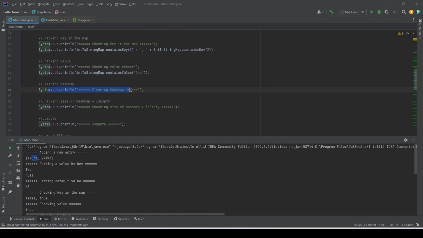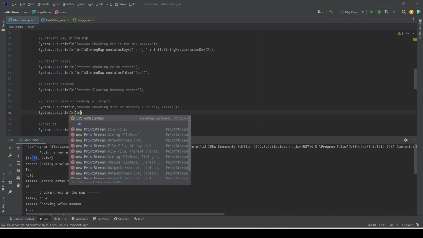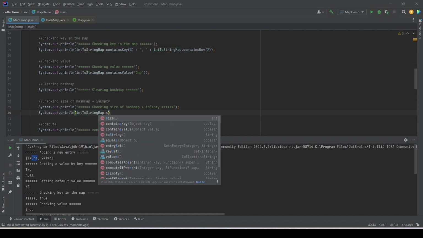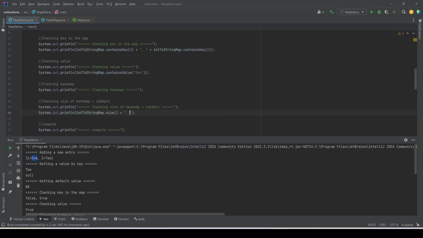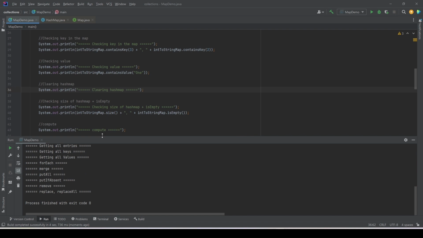Now clearing the hash map is simple. It has a clear method, but before that let's try to use the size and isEmpty method. To print the size, we call the size method, and to check if this map is empty or not, we use isEmpty method. Right now this map has 2 entries, so we should see size 2 and isEmpty false,